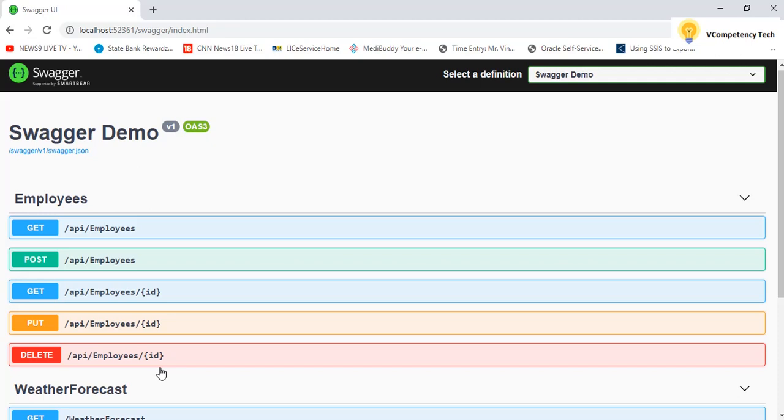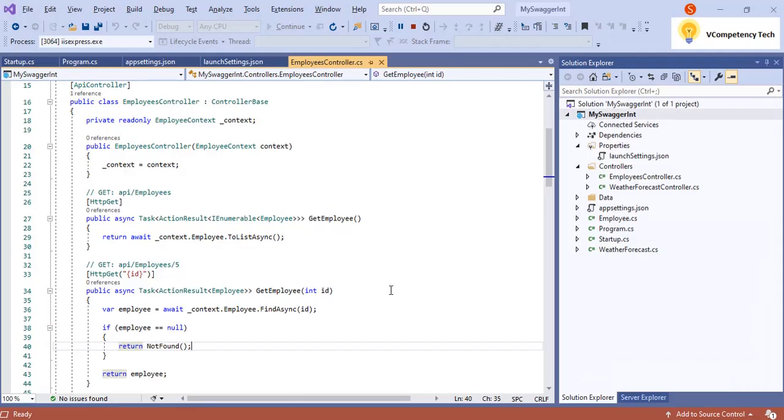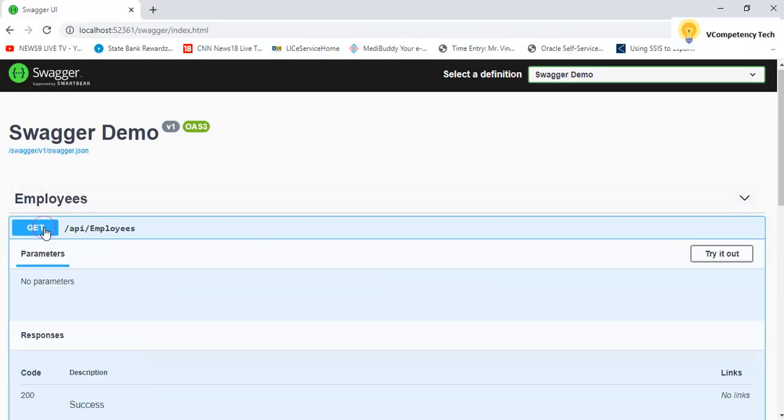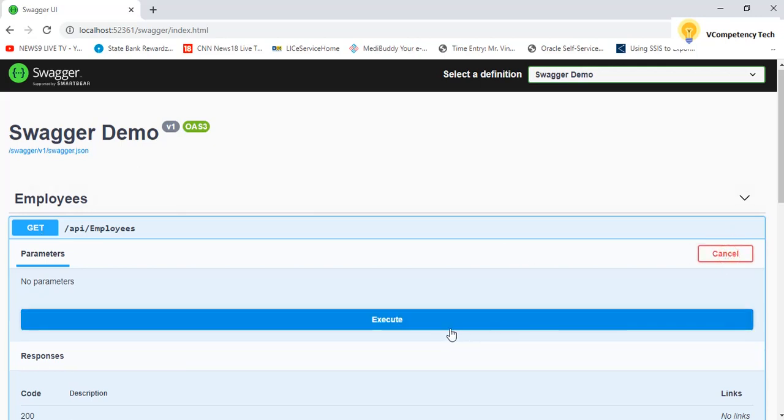So now let me debug the get. What I will do, I will go to this web API and there is a get method. I will come back, click get, click on try out, then click execute.